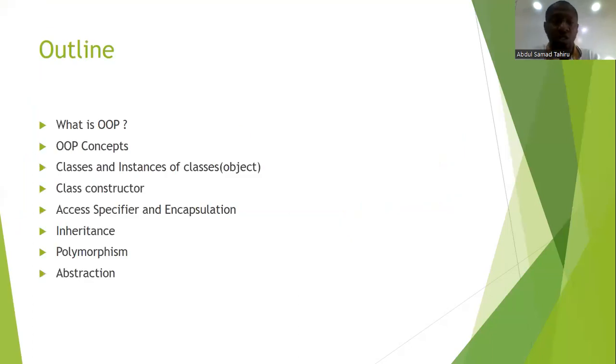We're going to look at what is the OOP concept, classes and instances of classes, class constructor, access specifier and encapsulation, inheritance, polymorphism, and abstraction. Because of the limited time, we're going to look at the concepts, then we use Code::Blocks IDE to demonstrate one or two of the concepts. So without wasting much time, I'll just go deeper and start with the first on the agenda, which is